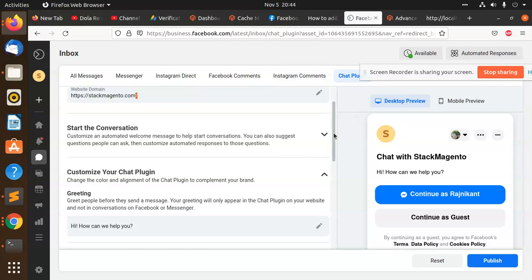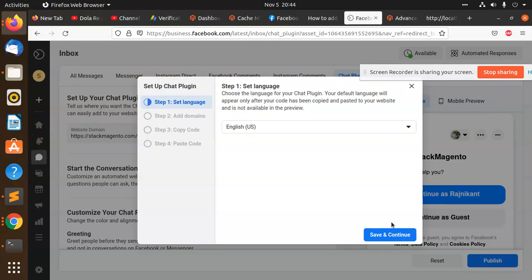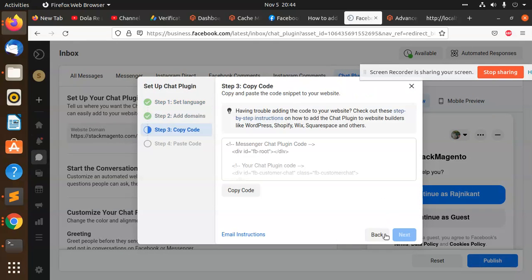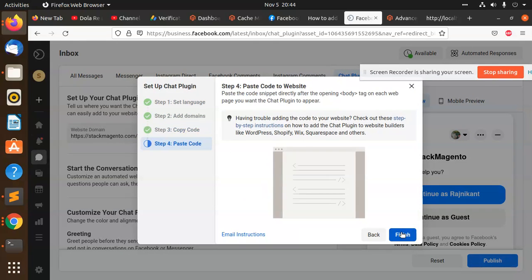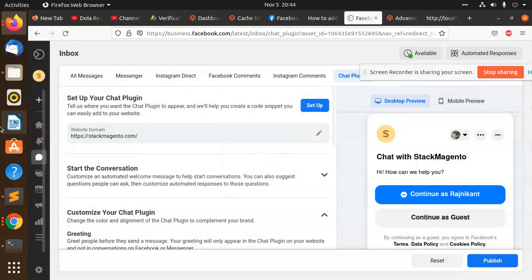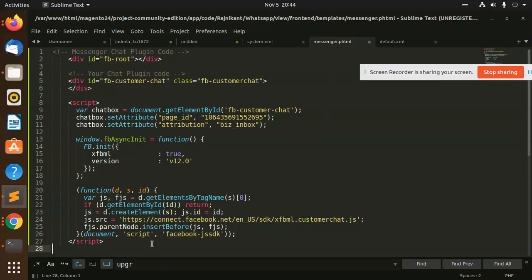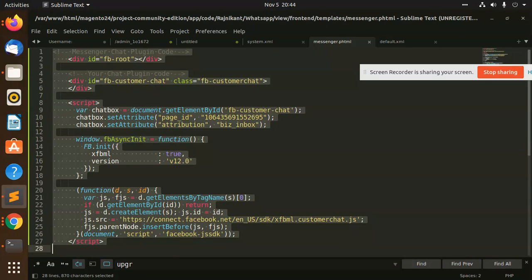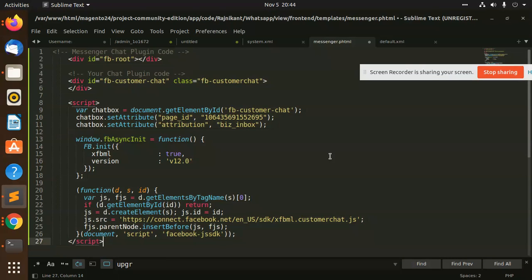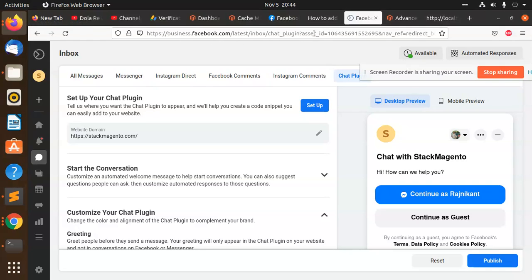Let's check what the code is. Let's go and check. That's totally the same, nothing changed, so why is it not showing? Maybe the issue is with the domain, because this is local and the other is live.